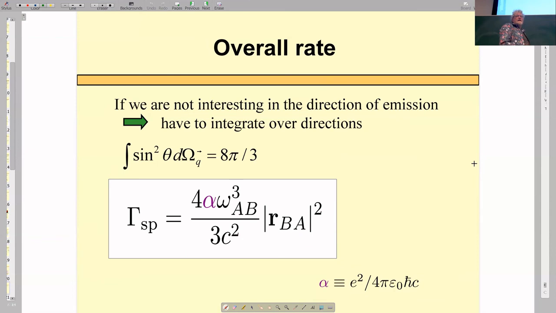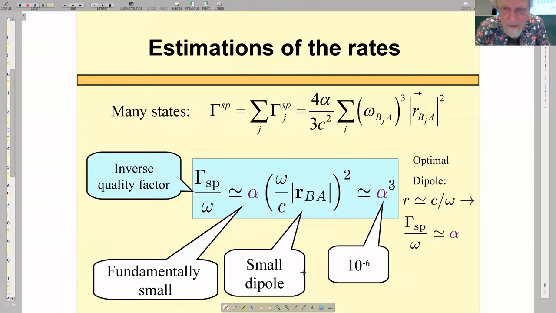Still a difficult formula. I simplified it by introducing something which we have shortly discussed, the fine structure constant. A very small number, about 10 to the minus 2, which shows that electromagnetic interaction is not that important for atoms. Let me see, what do I have here? Yeah, perhaps let me